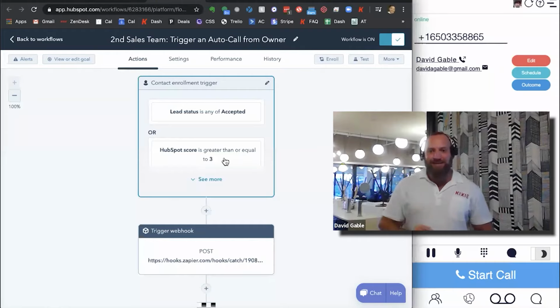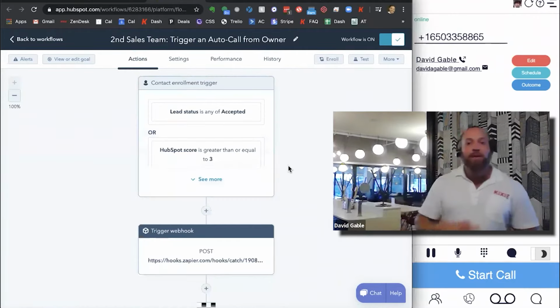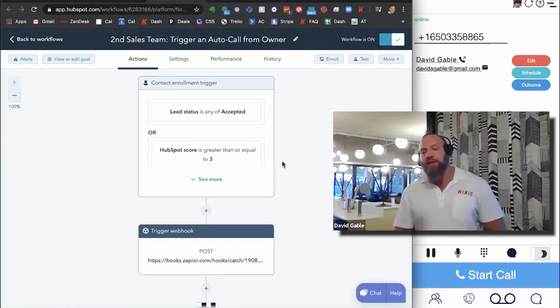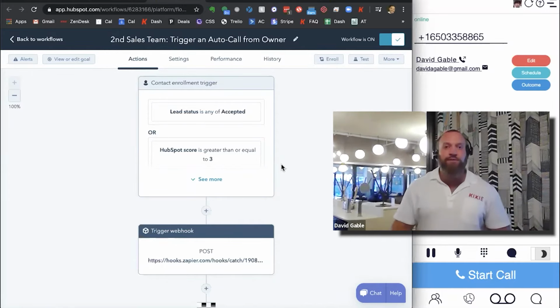Now, the third thing I want to cover today, or fourth thing actually, is going to be speed to lead. Now, all of you are familiar with the speed to lead, right? And if you aren't familiar with the speed to lead paradigm, it's the idea that a lot of times the leads come into your funnel and the speed at which you contact those leads is paramount, right? This could be for a variety of different reasons. Maybe you're competing against other competitors who are also trying to sell the same person the same thing. Or maybe it's just that in general, people are more receptive to a call or outreach at the very time when they filled out a form or signed up for a demo or signed up for a free trial,